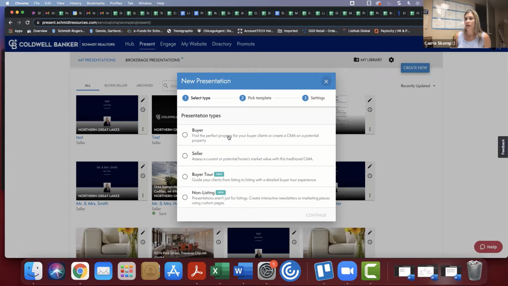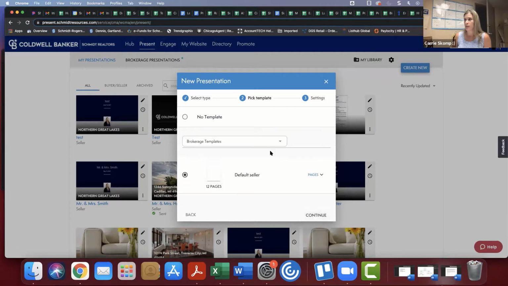Not only do we now have Schmidt level, whether it's Sunstar, Premier, Paradise, Schmidt Realtors, just depending on what region you're in, we also have all of the content from the brand now. So we have content from the Schmidt family of companies, and we have content from the brand. So when you click on one of these, and we're just going to start with seller and hit continue, you'll